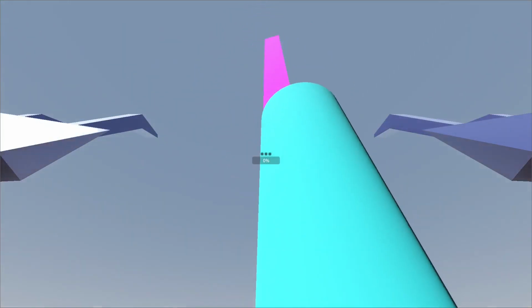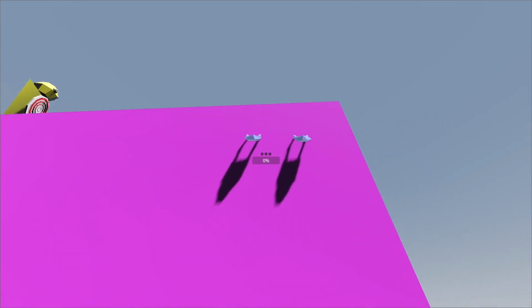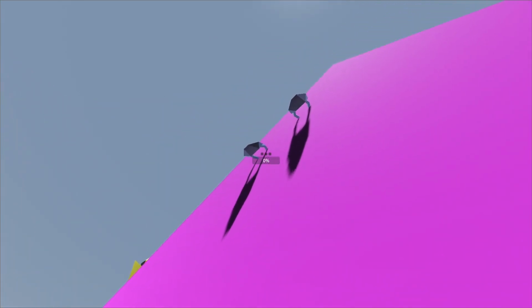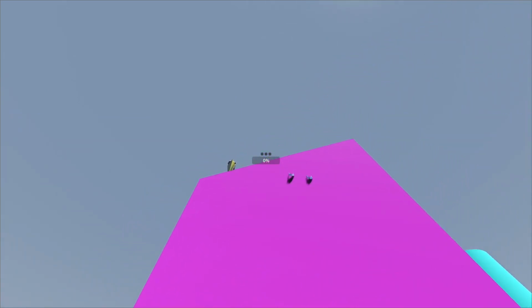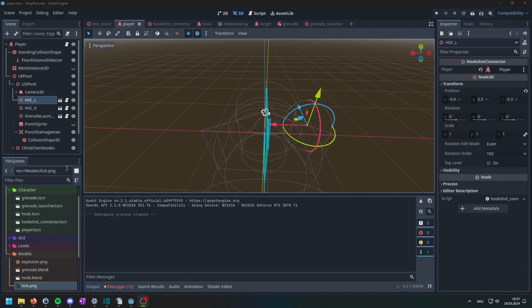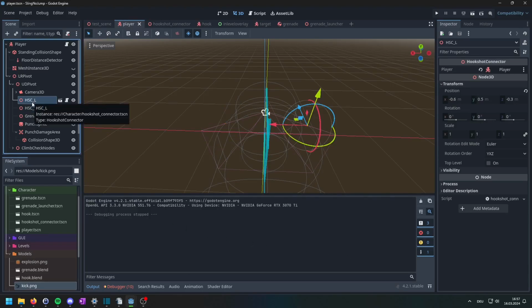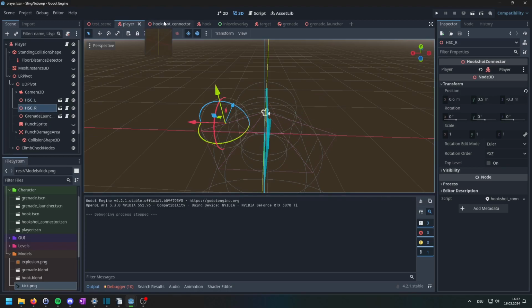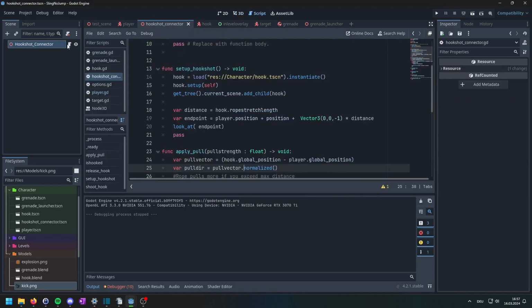A major part of this game is, as the name implies, to sling yourself around instead of walking. So the most important thing to get working was the hookshot. So here's how I did it. Connected to the character are two hookshot holder nodes, as I call them. These could be some kind of gun or crossbow once I decide on a visual style, but for now they are just invisible. Once the game starts, each of those creates the actual hook, or claw, as I'm still working